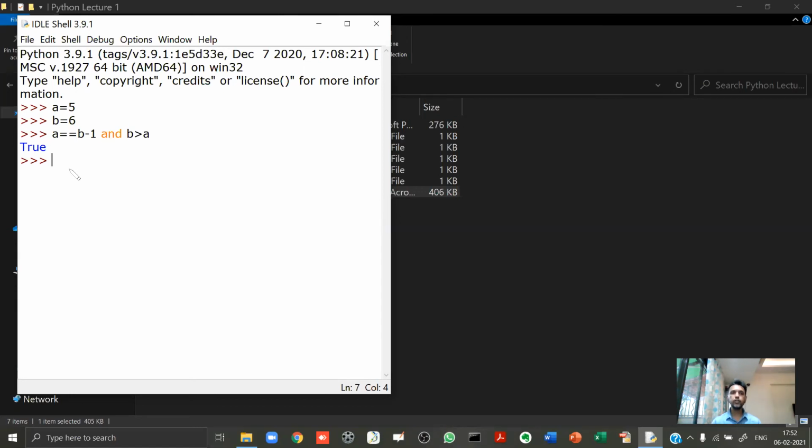Now, similarly, let's talk about logical OR. I will tell you how logical OR works, and right now you open your own Python shell and do one example on logical OR yourself. The logical OR will give you true if at least one of its operands is true. Now, I'll wait for you 30 seconds over here. You open your shell and just do one example on your own. Come on, do that right now. And when I say do it, please do it because that will help you a lot.